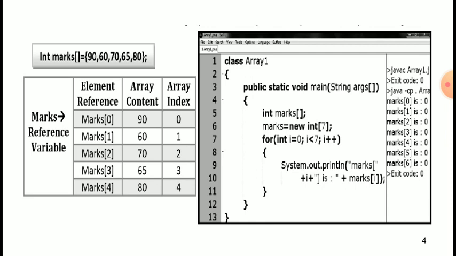So execute. That is run, click the tools menu and then go. So that is the output. marks[0] is 0, marks[1] is 0, marks[2] is 0, marks[3] 0, marks[4] 0, marks[5] 0, marks[6] 0.